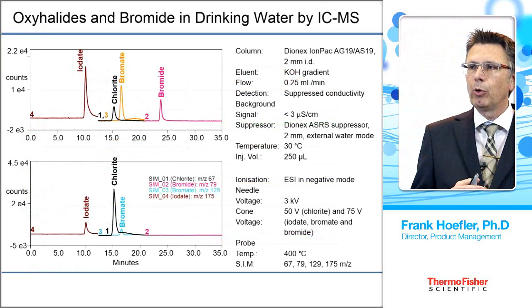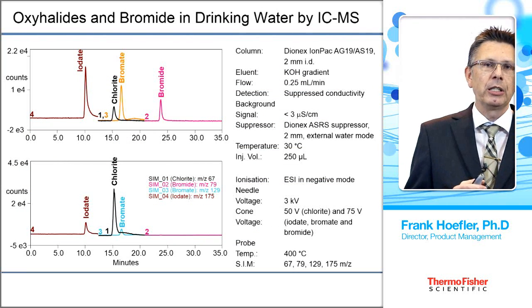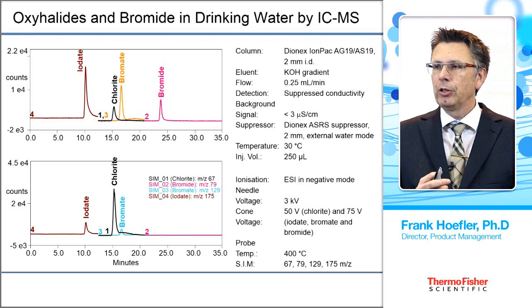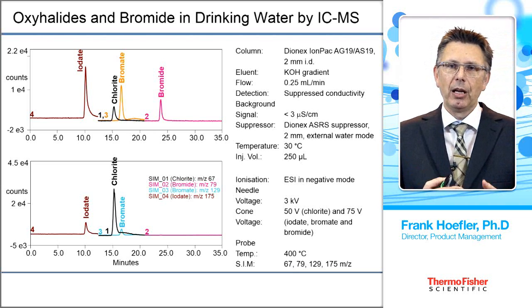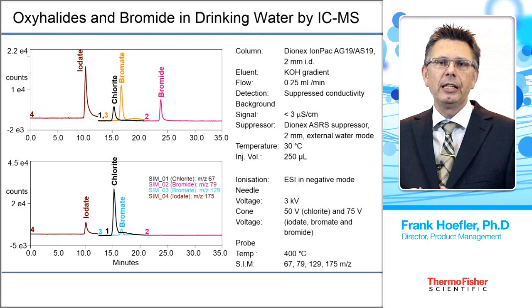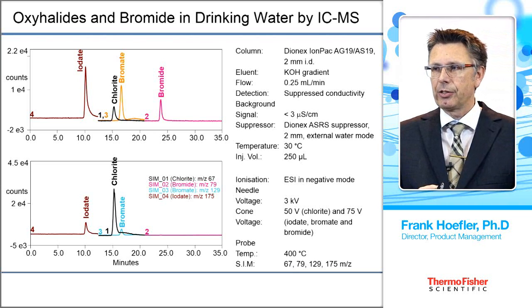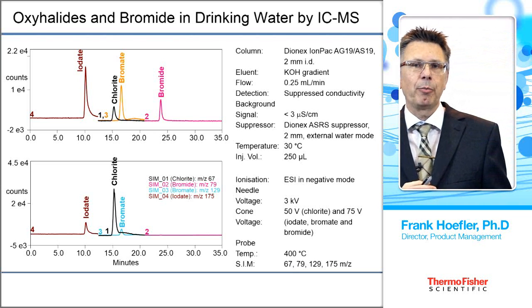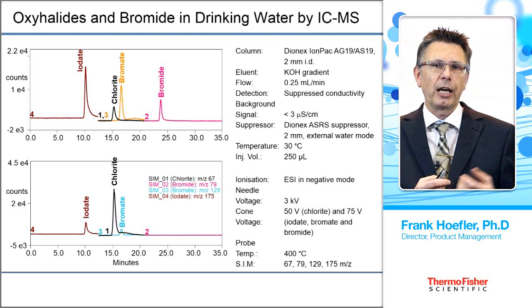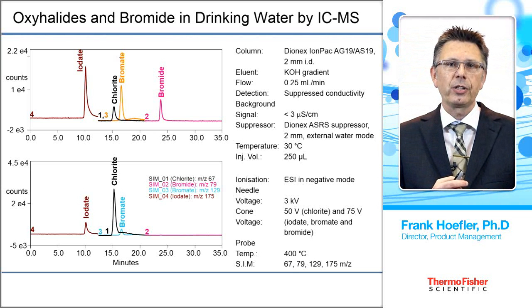And if the drinking water contains bromide or iodide, we have the risk that we oxidize them and form iodate, bromate, or chlorate here as well. Those compounds are carcinogenic, toxic, and need to be monitored at very low levels. And again, in this case, as demonstrated here, we can selectively and very sensitively detect these oxyhalides in the presence